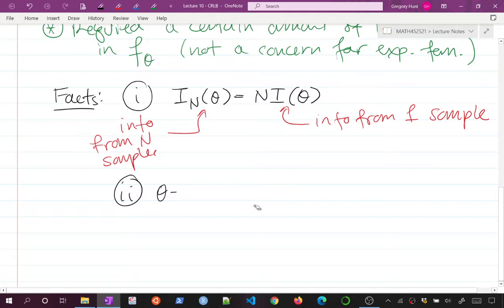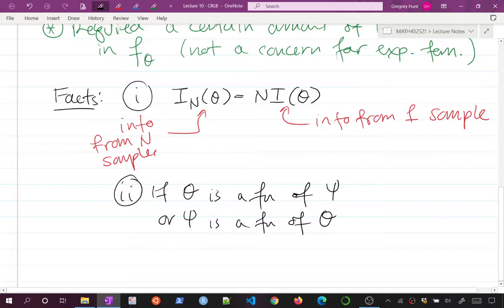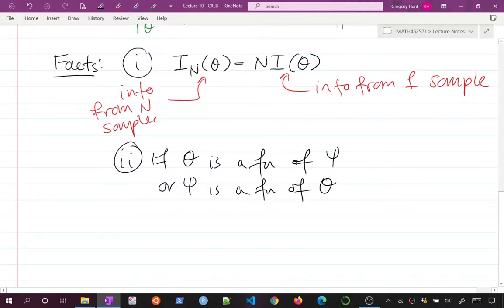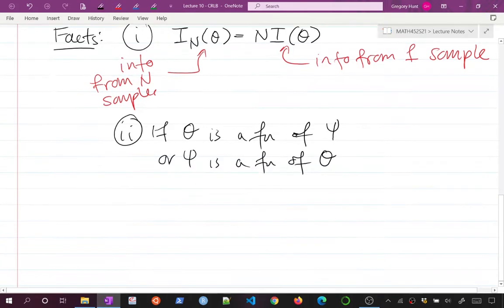let me write this more generically. If theta is a function of psi, or psi is a function of theta, either way, we can relate the information. So if I have a transformation of my parameters where we might run into this, maybe I don't want to know something about the mean, but I want to know something about the mean squared. If I know the information for the mean for one parameter, what do I know about a transformation of that parameter? And the theorem said that